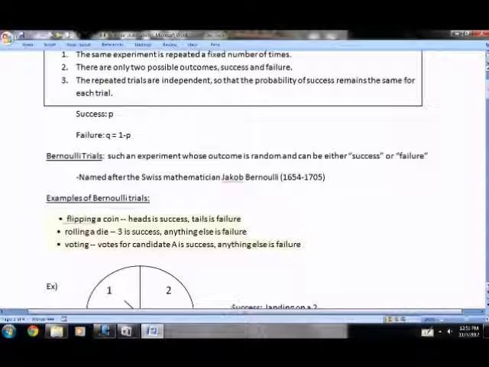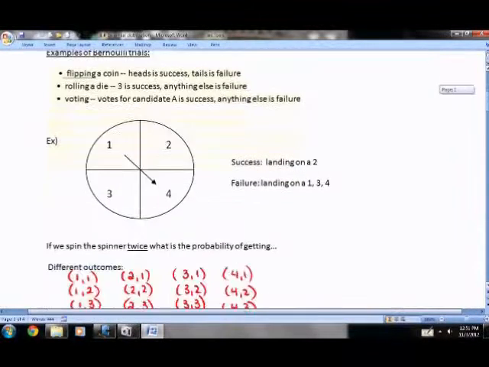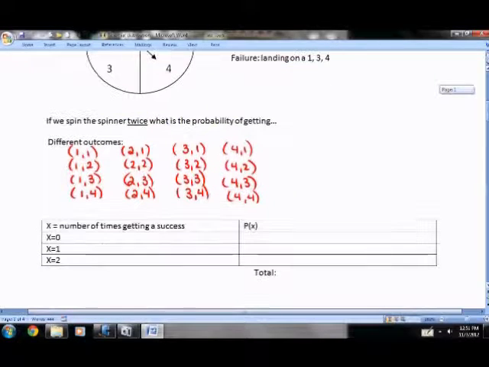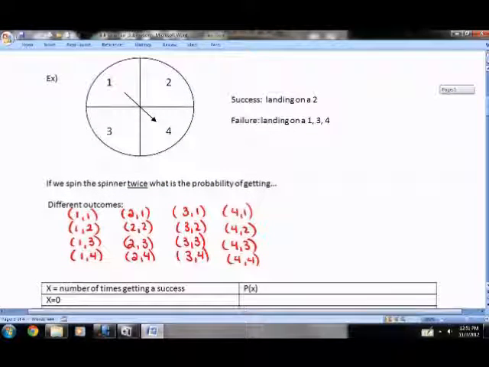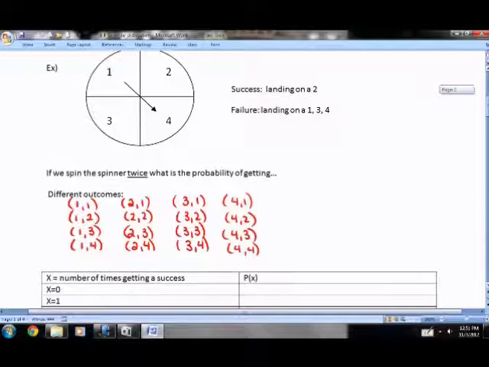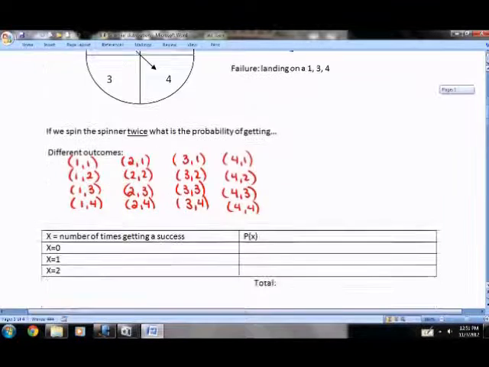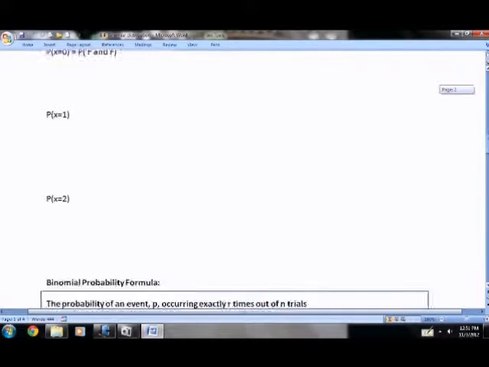Whenever we're talking about success, that's always going to be your probability p, and failure is going to be your probability q, or in other words, 1 minus p, the probability of something not happening. If you want to see this manually written out, we have that example here in the notes, where you can figure out every single possible outcome and then count up how many times you had a success, but that takes way too long. So instead,